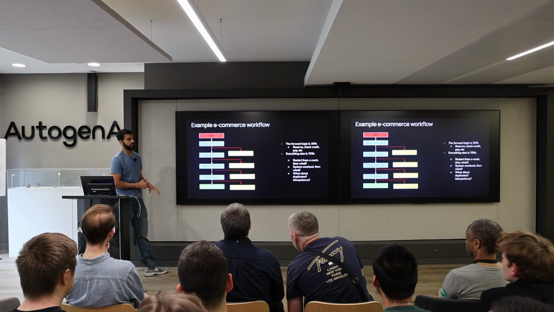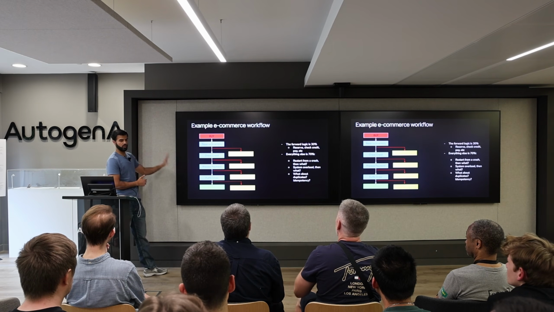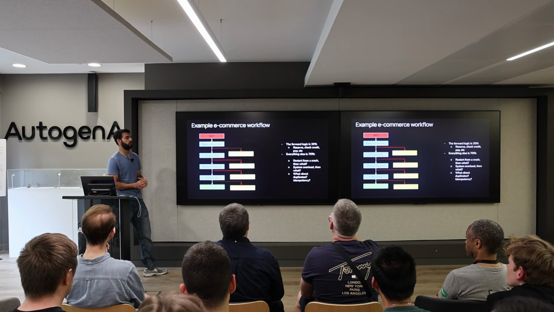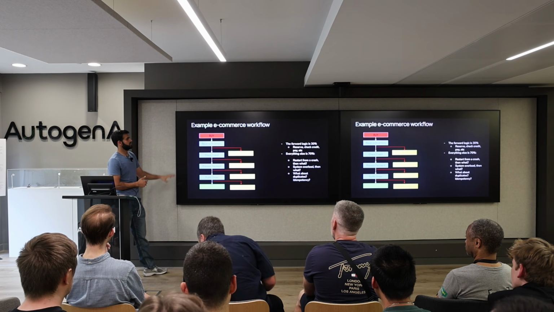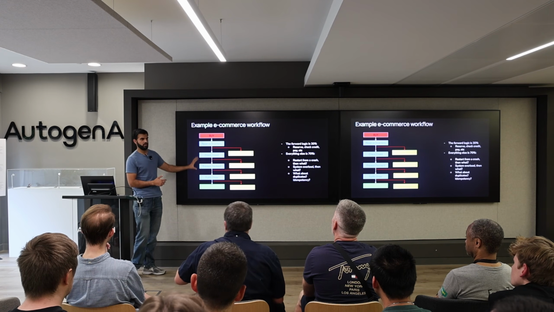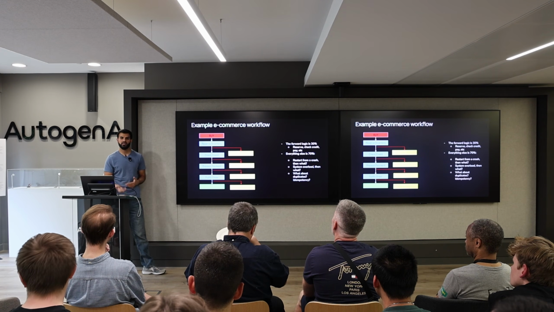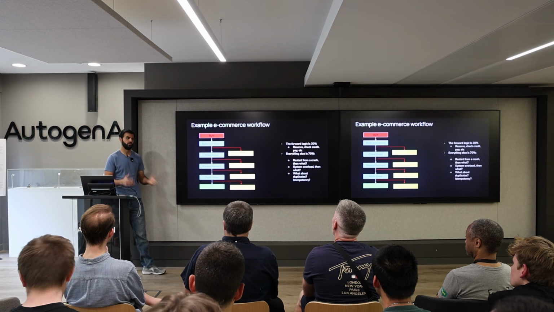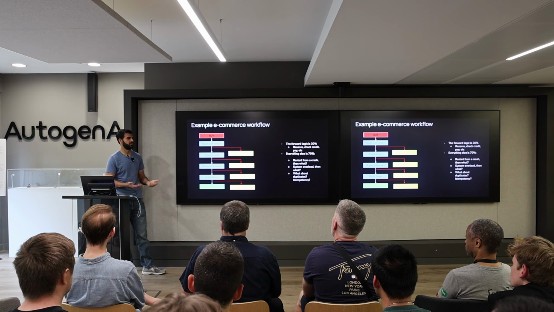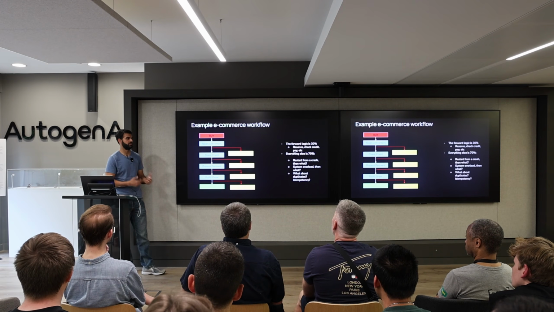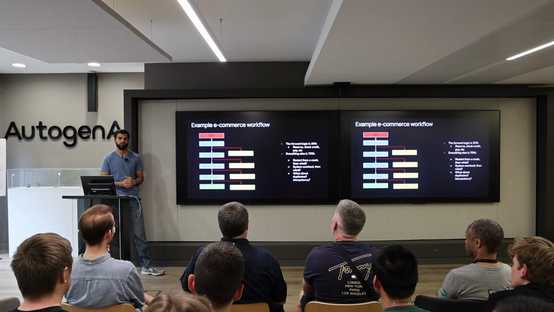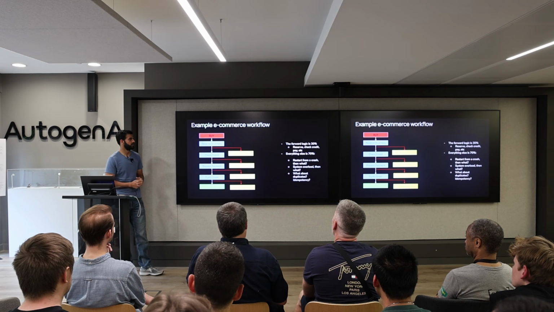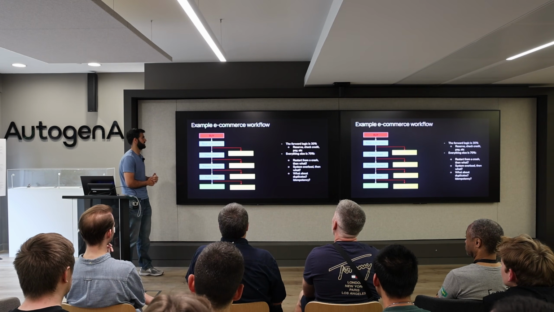In my experience, building these kinds of workflows or systems, whatever you want to call them, what I tend to see is that the logic to get this working is usually 30 to 40%, but the rest of the code that we write, the 70 to 60%, is about managing this kind of reliability. What if something goes wrong? What do you do then? That's what I found in my experience.